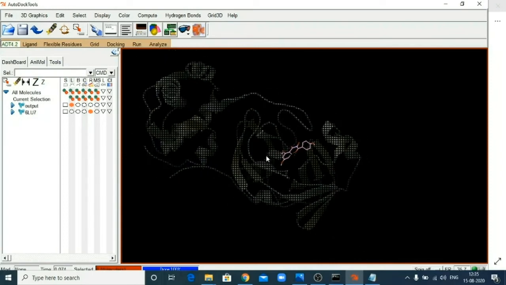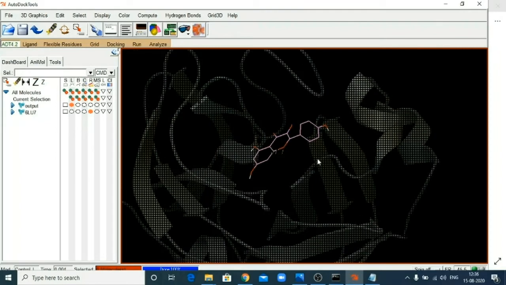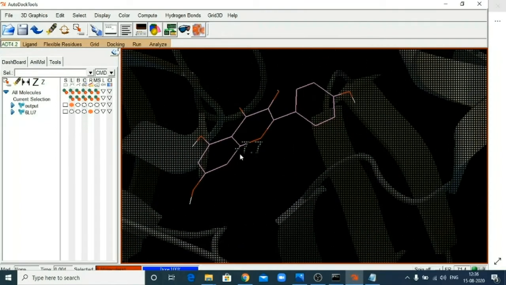When I click on this arrow key, it will show me the position of the second conformer, then third, fourth, fifth, sixth, seventh. Seventh is lying somewhere here, 8 and 9. So ninth is here. Which conformer are we going to select for obtaining our image? The first conformer with the binding energy minus 7.7.